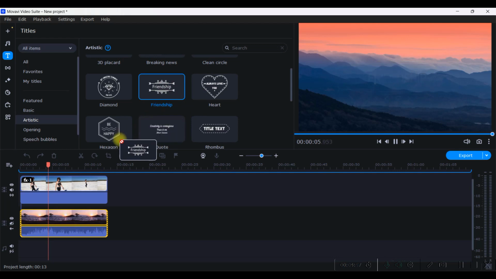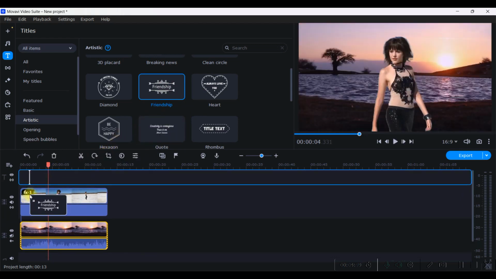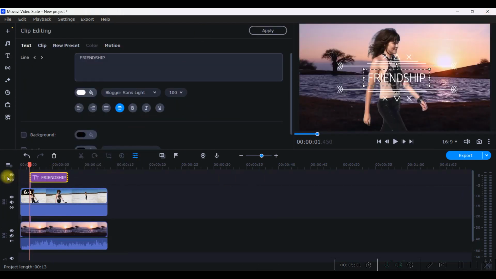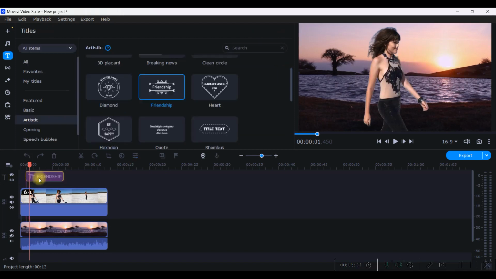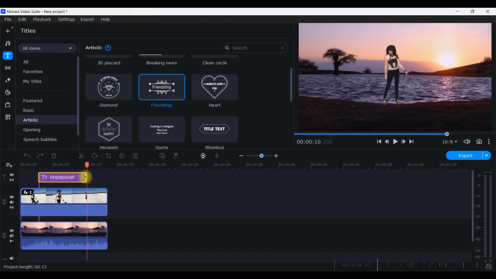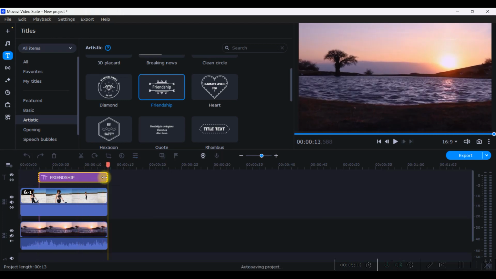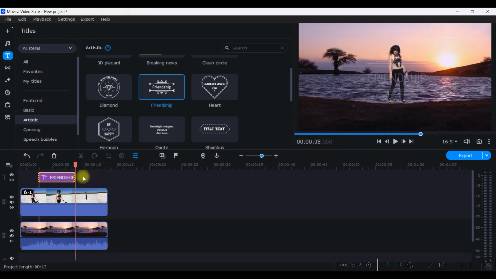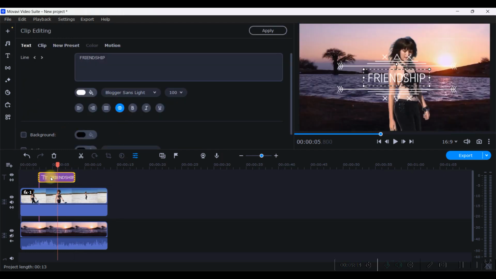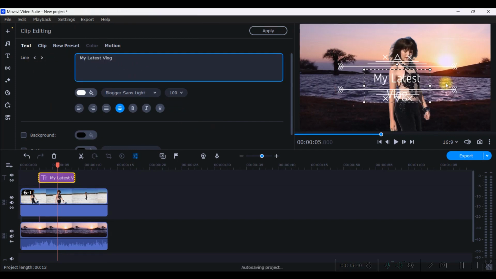So if I want to use it, then just drag and drop it on your video. It will be appearing in the text timeline. Then you can shift it to any place of the clip wherever you want. If you want to change the duration, then you can stretch it rightwards, or else you can shrink it leftwards. Then double click on this, it will be selected and clip editing option will be opening. You can also select it and go to this 3 dots, which will again lead you to the same field, and then you can change it to any name. This is what I want to say.